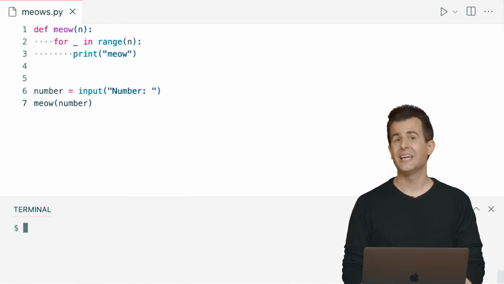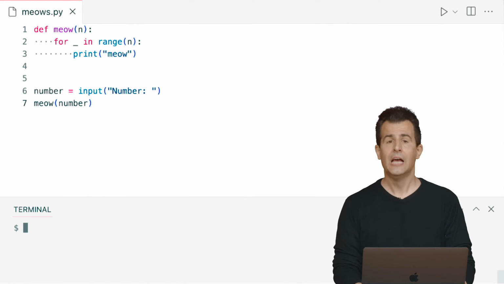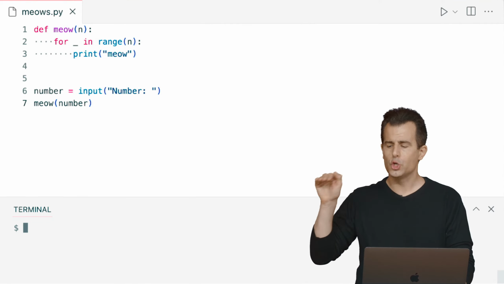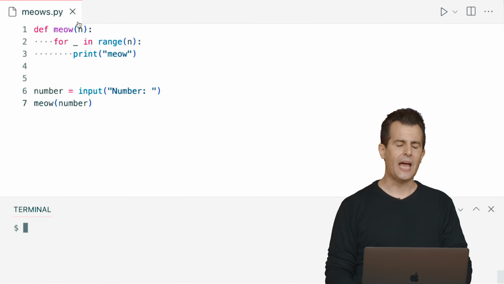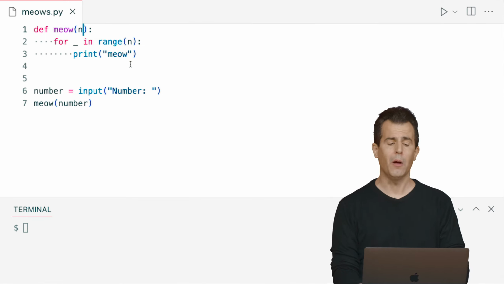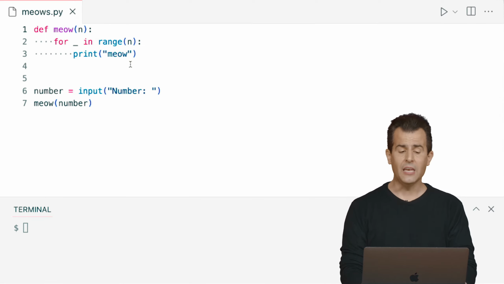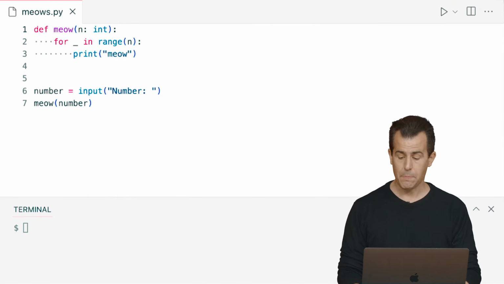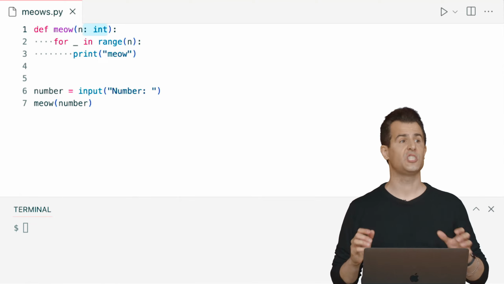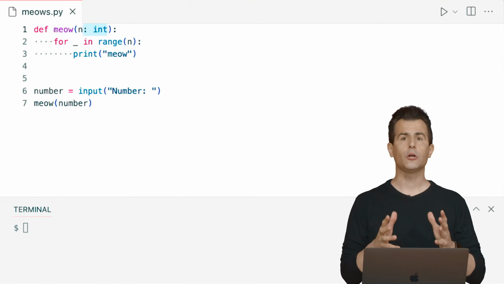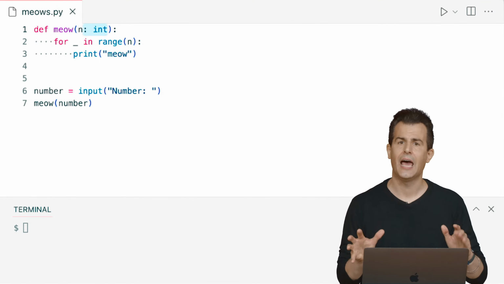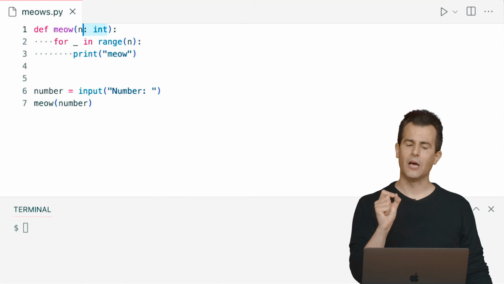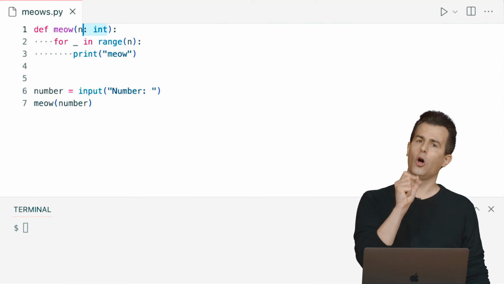Let me add what's called a type hint to my function that explicitly specifies for meow what type of variable should be passed in. I'm going to go ahead now and change the very first line of my code in my function to specify that n colon should be an int. And this is a type hint. The fact that I've added a colon, a space, and the word int is not creating another int or anything like that. It's just a hint, an annotation, so to speak, to Python that this variable on the left called n